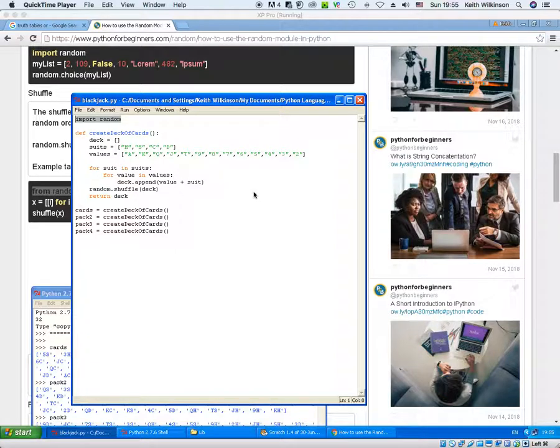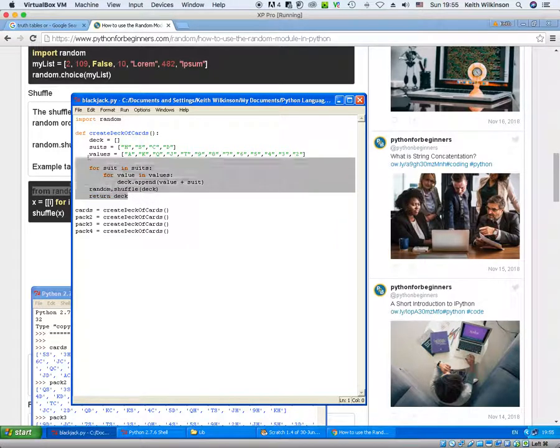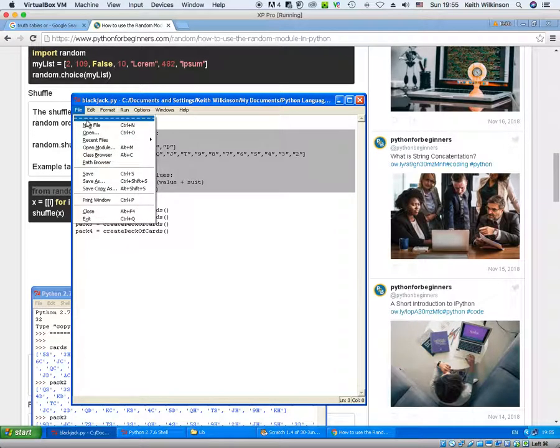So we're going to convert this into a library. The reason why we'd convert it into a library is because we know what it does, we're happy with what it does. It's always going to create a deck of shuffled cards. I'm happy. So I might have several programs that want to do that, and that's what I'm going to demonstrate in this lesson. So the first thing I'm going to do is create a new file,